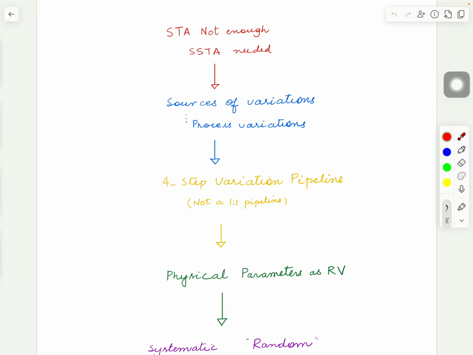first in a section, the main thing was: okay, STA is not enough. It's still an important critical piece of it, but we need to get into SSTA, as STA can sometimes be too pessimistic or can also become optimistic in certain ways, and we will look more detailed into that later on. But the need for SSTA, that was the heading of the first section, or the core message.